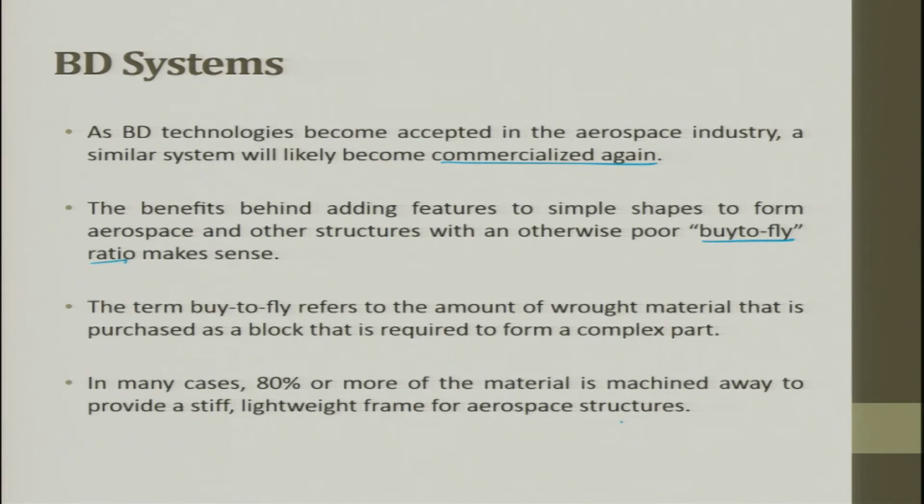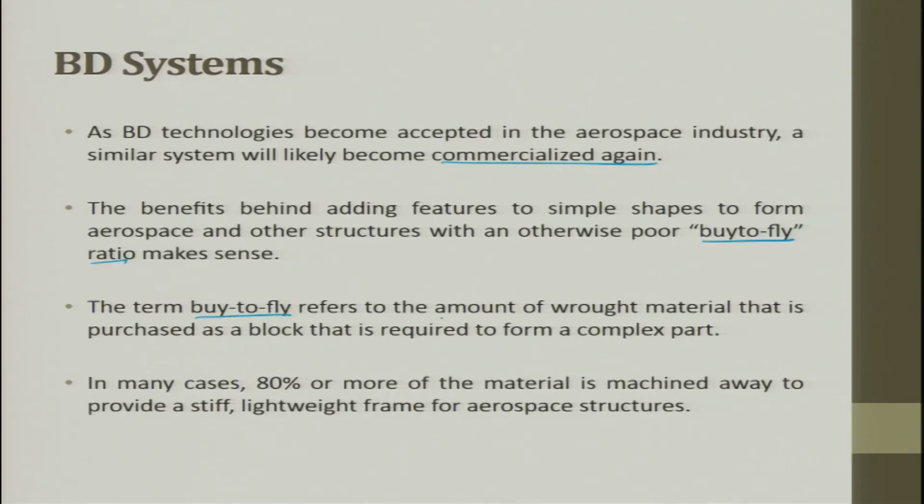So, now what is happening? Very complex geometry can be easily made using this LENS process or this beam delivery process, direct metal. So, now you can see GE or Airbus claiming they have reduced the weight of the machine by 30%. They have ramped up their production rate by 30% because of these rapid manufacturing machines coming into existence. The term buy to fly refers to the amount of wrought material that is purchased as a block that is required to form a complex part. The amount of wrought material that is purchased as a block, then you do a subtractive process and then try to make a